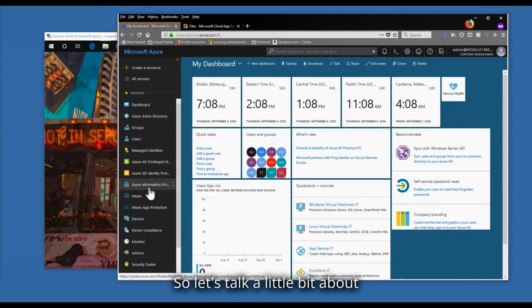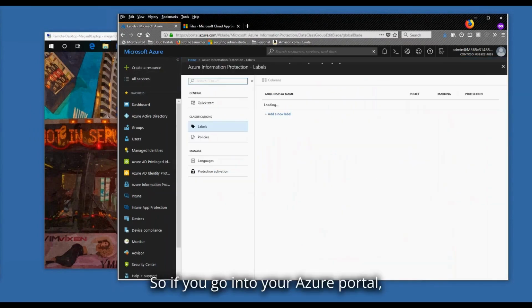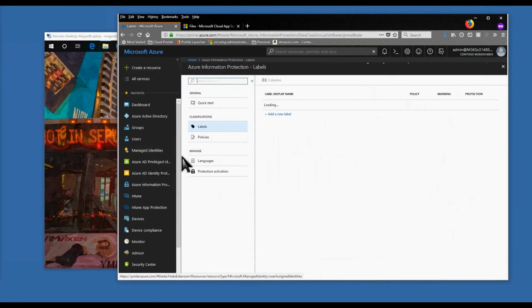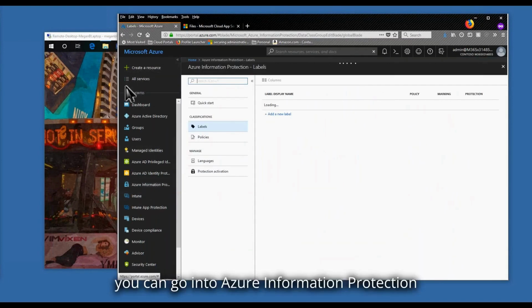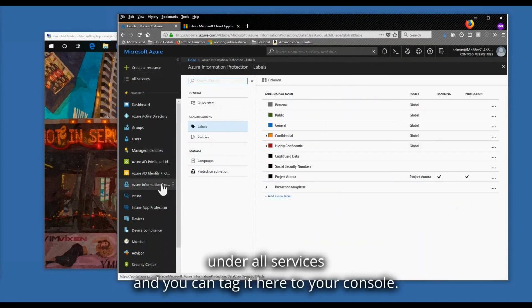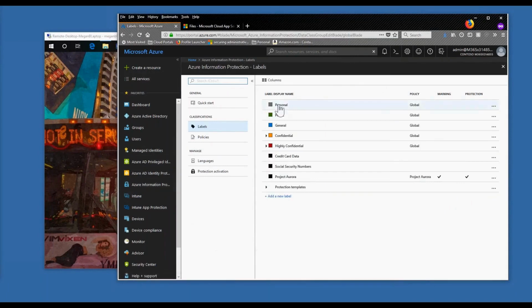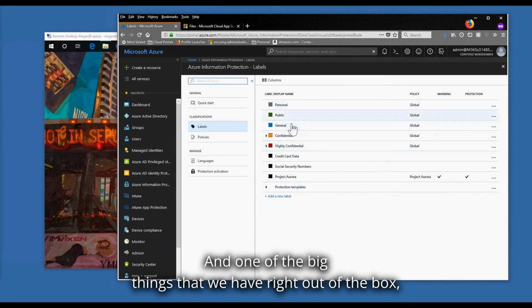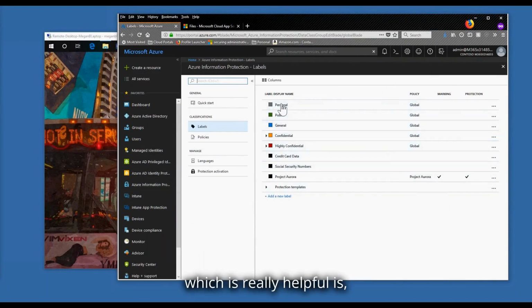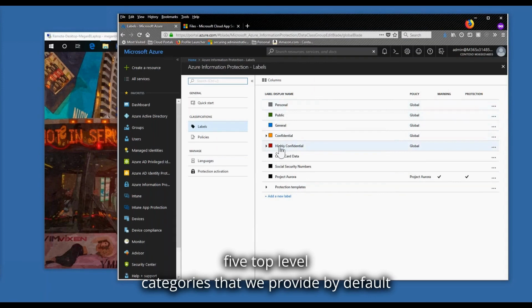So let's talk a little bit about how Azure Information Protection, the control side of this, works within Azure. So if you go into your Azure portal, you can go into Azure Information Protection under All Services, and you can tag it here to your console. And one of the big things that we have right out of the box, which is really helpful, is we have a high-level list of, let's see, 1, 2, 3, 4, 5 top-level categories that we provide by default within